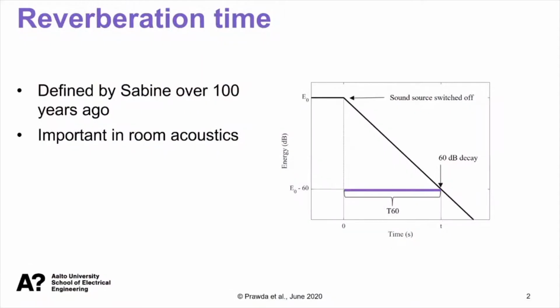So to begin with, reverberation time is the time needed for the sound energy to decrease by 60 dB from its original level after termination of the excitation signal. So this definition was formulated by Wallace Sabine over 100 years ago. However, it is still used nowadays, and the reverberation time, or T60, is an important